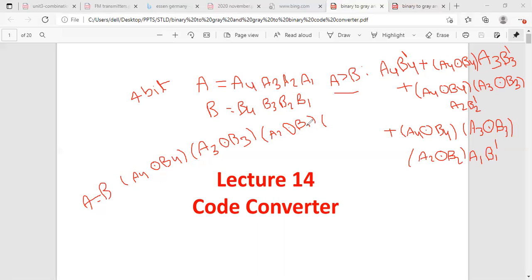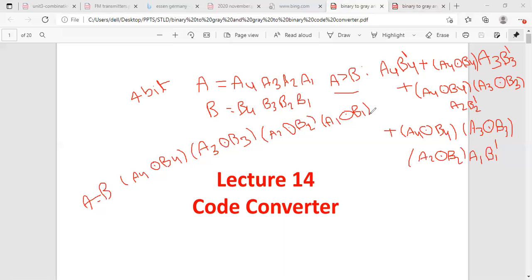So you can write here A1 exclusive NOR B1. So finally you can say this is the Boolean expression to represent the A equal to B condition.